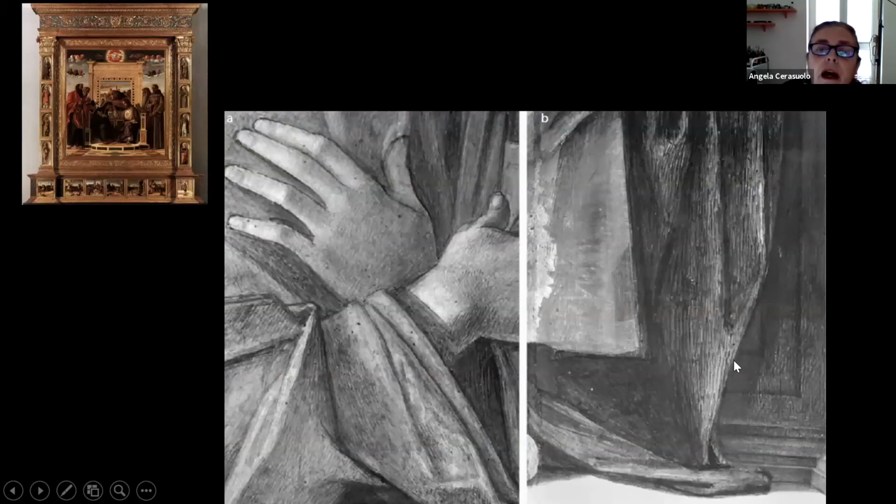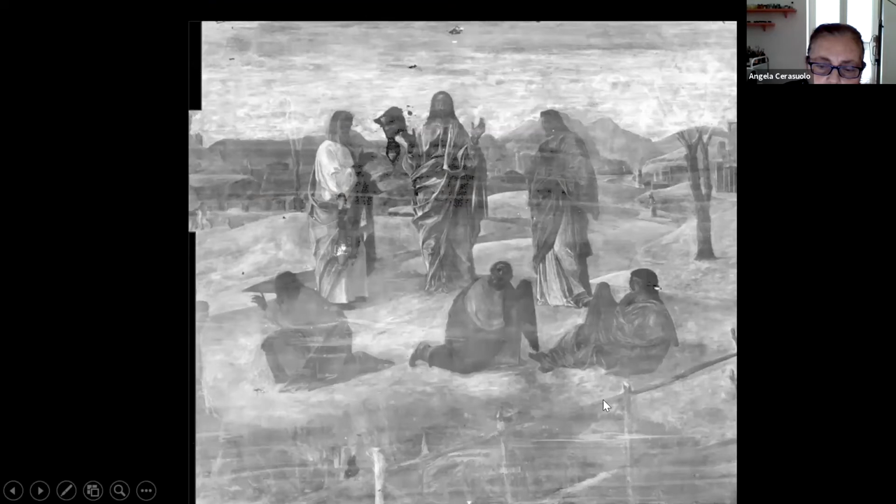And the same kind of underdrawing we find also in the Pala Pesaro. It was his habit that maybe will accompany his career. Here we see the X-ray, the radiography, in which we see how the figures are left in reserve